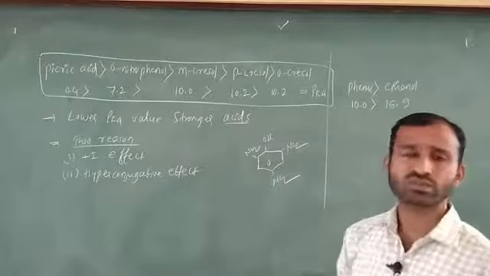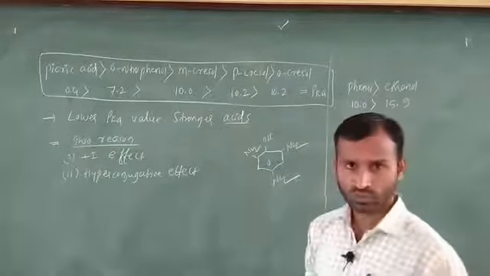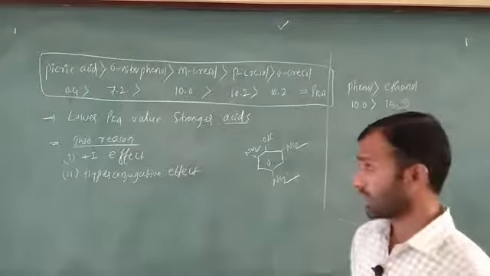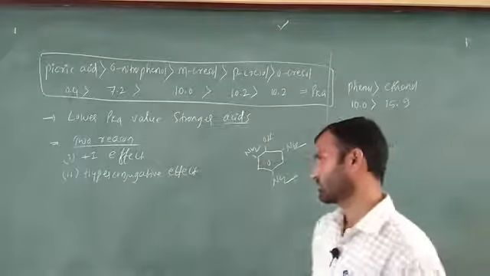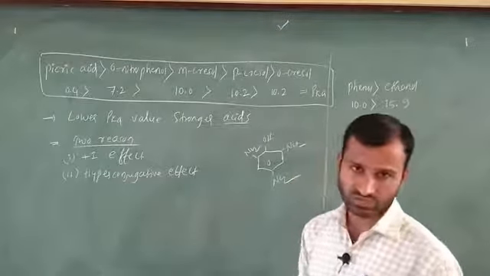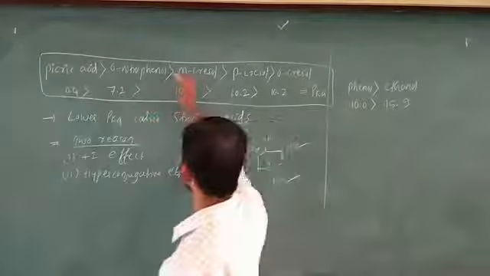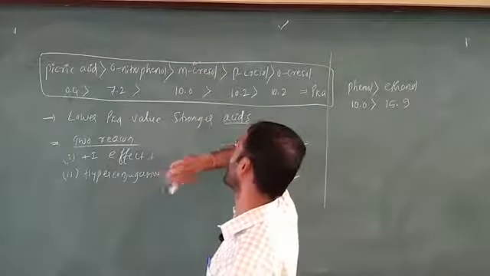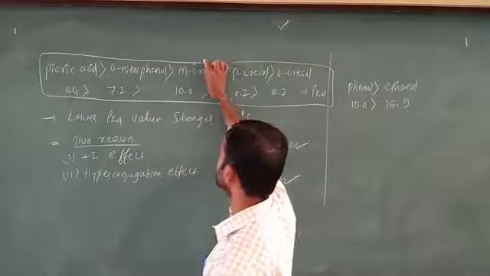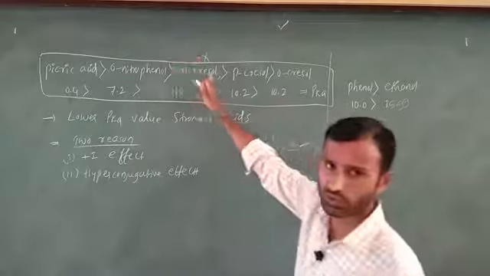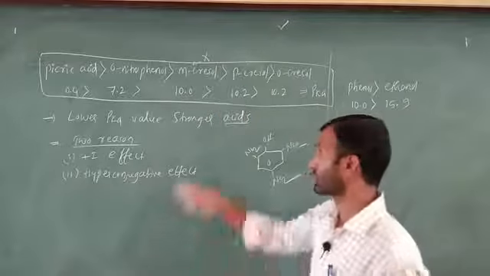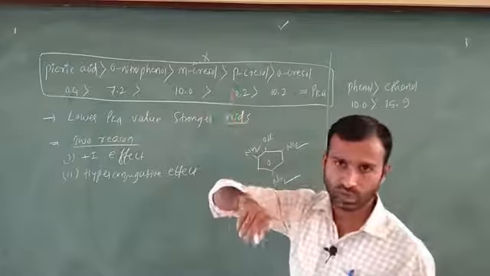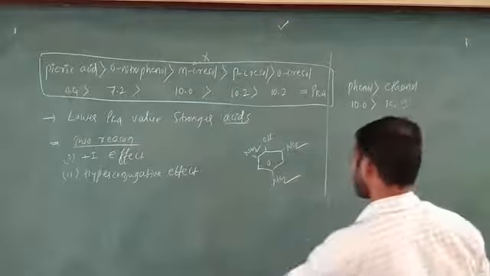But in this case 2 reasons are there. One is the plus I effect, that is in orthocresol. The next one is the hyperconjugative effect, which is most important. If you want, you can refer to my PVC first year video. But this hyperconjugative effect is not applicable for metacresol. If you want, you can note down that point. Bear in mind, hyperconjugative effect is not applicable for metacresol, because the most important point I will explain here only.